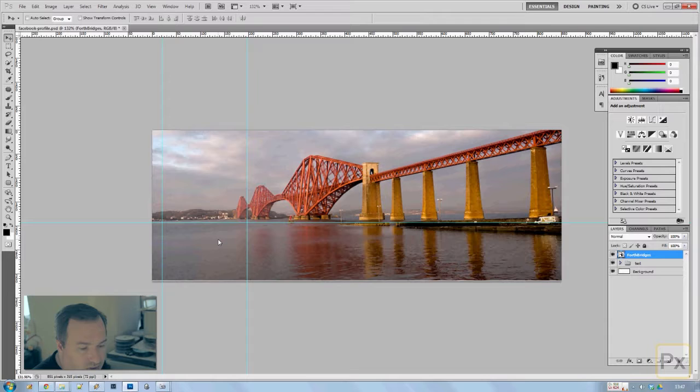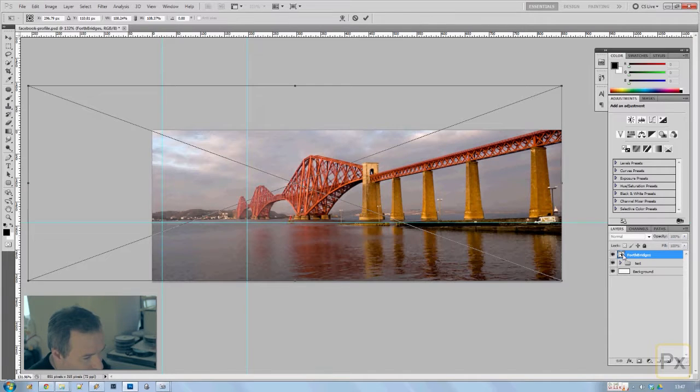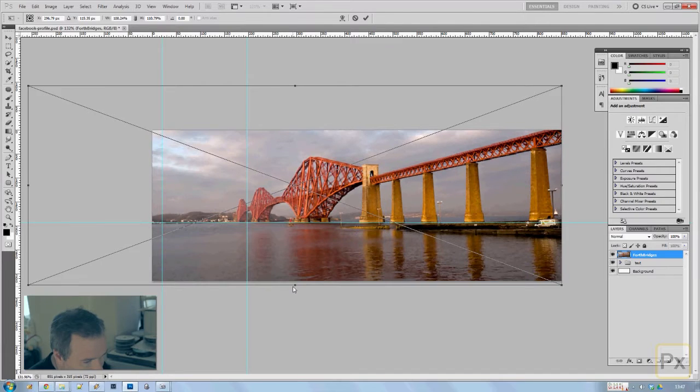So that's the image now saved. All we need to do, well, that's not saved, that's the image now cropped and set to the right size, although I do see that I missed the bottom very slightly. So I'm just going to go into a transform and just drag that out a couple of pixels just to make sure it's